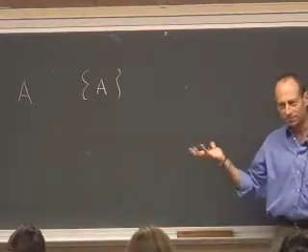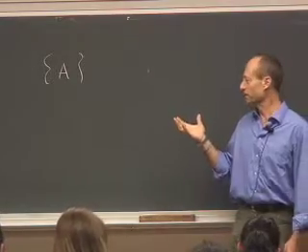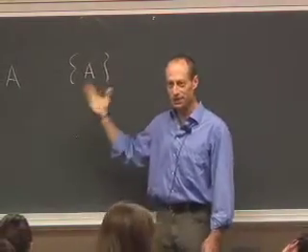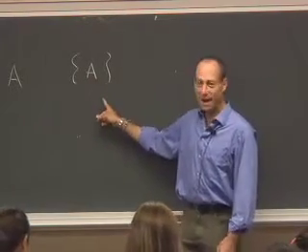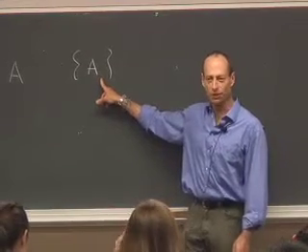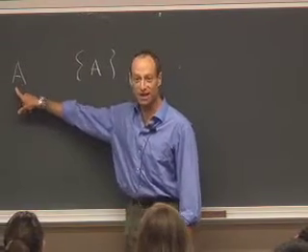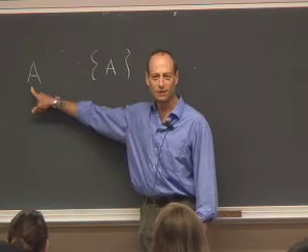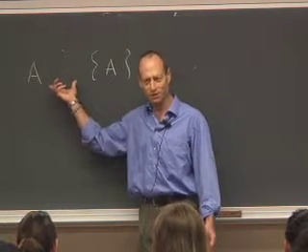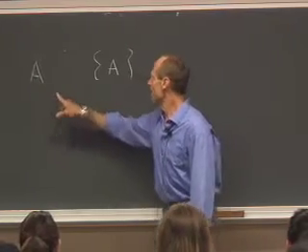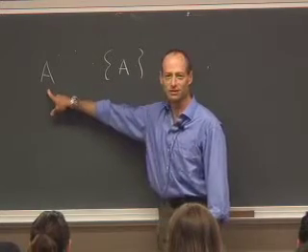Think of a set as a bag. All right, you've got stuff in the bag. So here, let's say A is the set. It's a bag with 1 apple in it. Okay. This set is a bag which has inside it a bag with 1 apple in it. The element of this set is a bag with 1 apple. This set is a bag with 1 apple. Right? So the set is the bag and the stuff in it, as it were. Okay, so this set contains a bag with an apple in it. So it has this as an element.